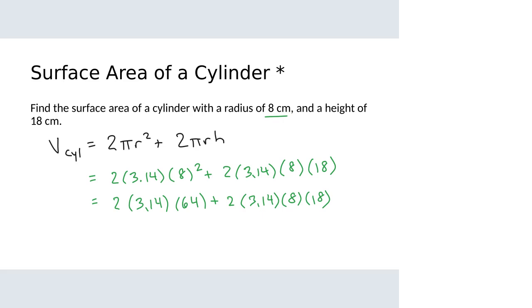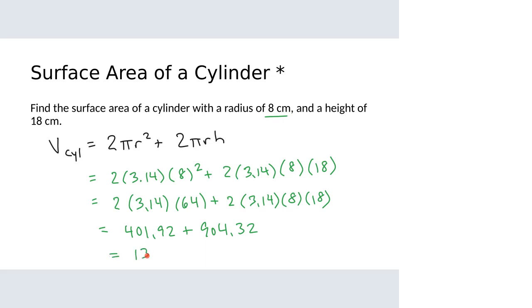So to the left of that plus sign, I've got 2 times 3.14 times 64, which is 401.92. Don't want to forget about what's on the right over there, which is 2 times 3.14 times 8 times 18, which is 904.32. And then the last thing we'll need to do is add those together